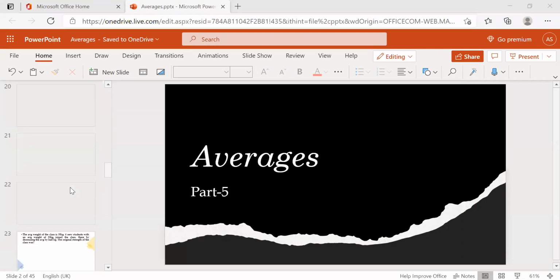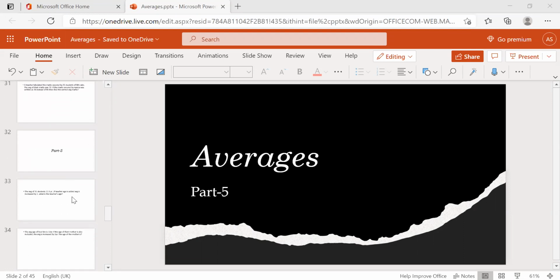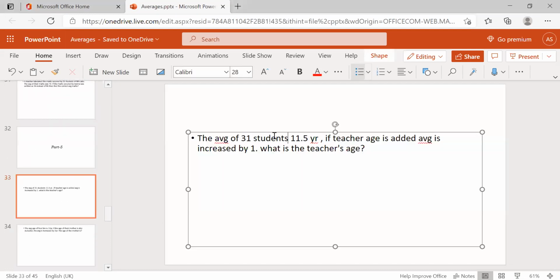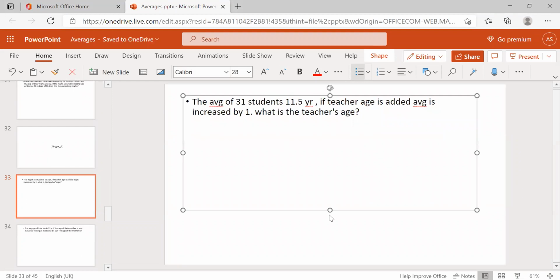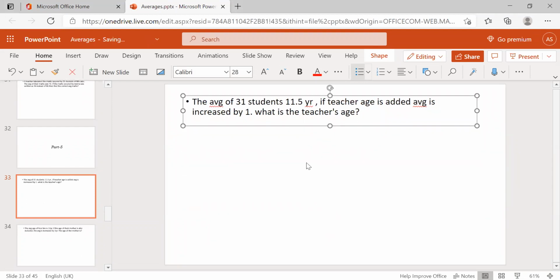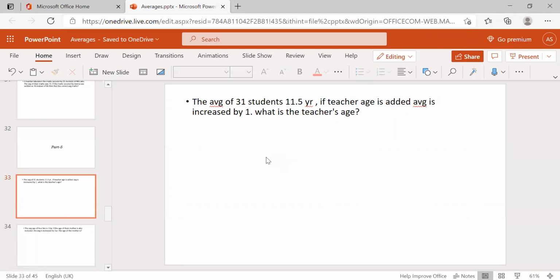The first question for you today is this. We are going to solve all these problems using the shortcut which I already told you. Left hand side difference is multiplied with the right hand side bottom number, and right hand side difference is multiplied with the left hand side top number. Based on that we are going to solve all the questions today, and it's very easy. That's the reason we are going to solve many problems today.